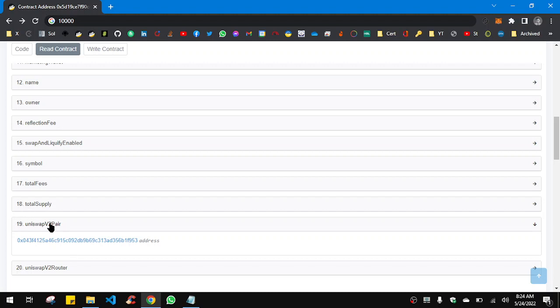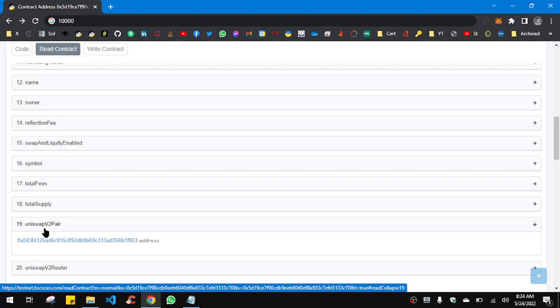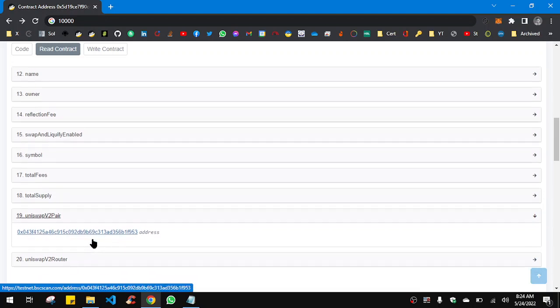It is shown as Uniswap because of the convention of using Ethereum related terminology everywhere in blockchain. So it shows Uniswap V2 pair, but on the backend that is the PancakeSwap pair,